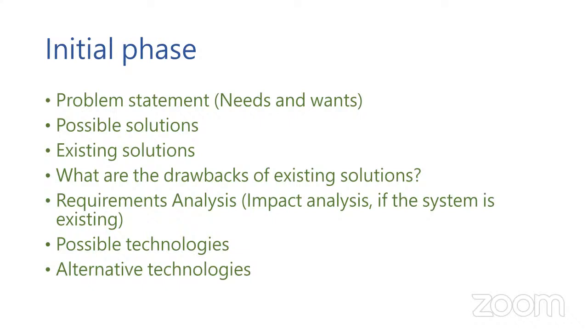Right? Now, what are the existing solutions? One of the existing solutions for my problem is I can save this data on an AWS server instead of my own server. So that is an existing solution. Based on what kind of problem you are coming up with, there may be many existing solutions. For example, you are trying to read from an Excel sheet and there may be some software which can read from an Excel sheet. You don't have to do that. For example, you're trying to read from a PDF file. There is software available which can read from a PDF file. I don't have to write a program from zero, right?